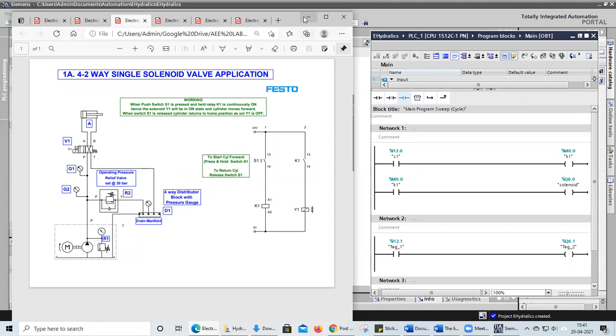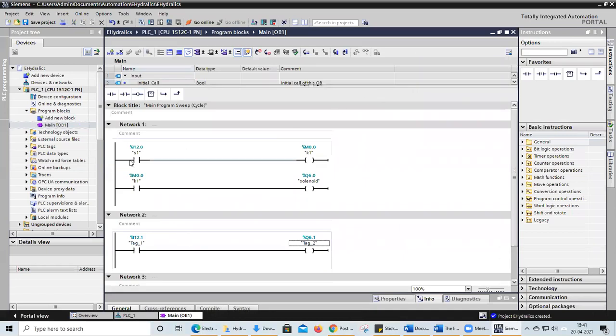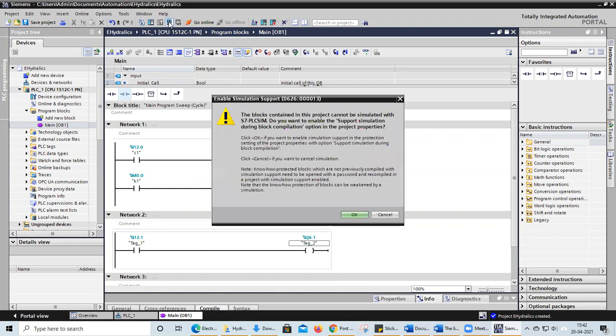Okay, now we will simulate this one as usual. We know the procedure of how to simulate. So go for the compilation option and go for start simulation. Click OK.